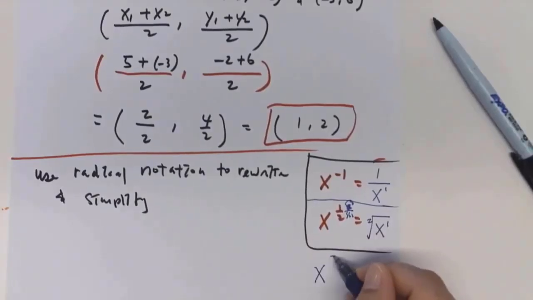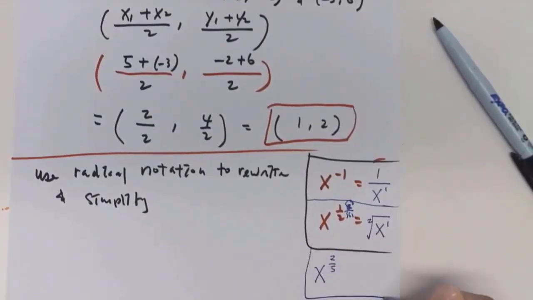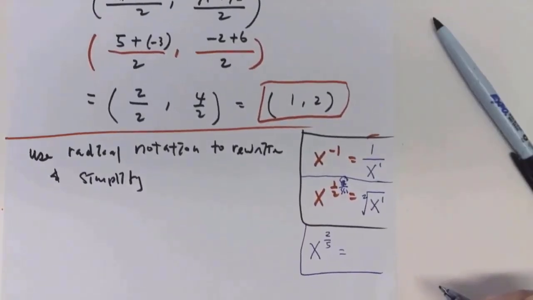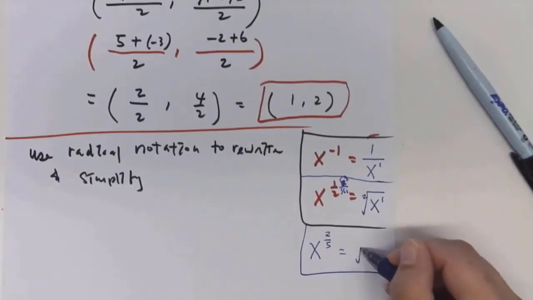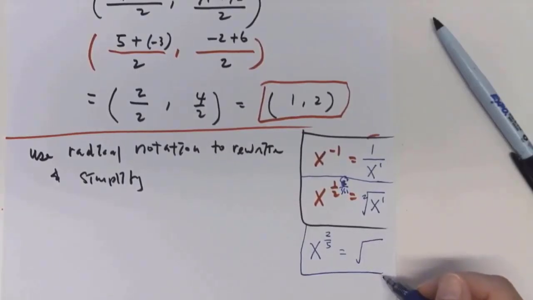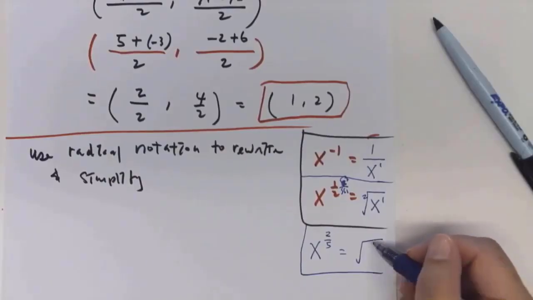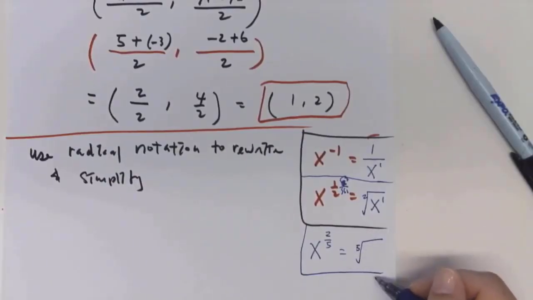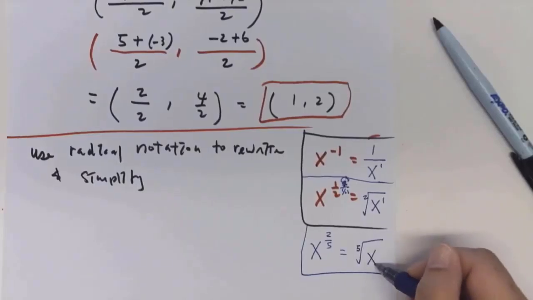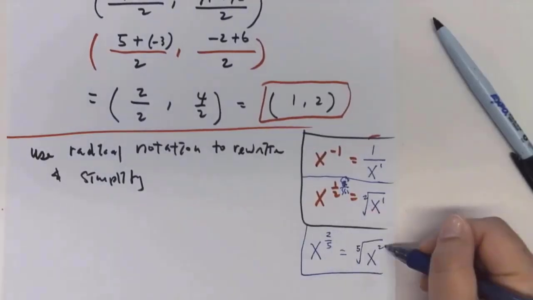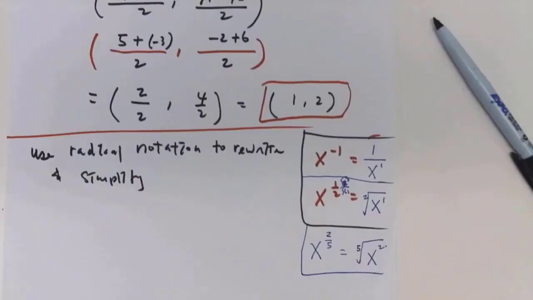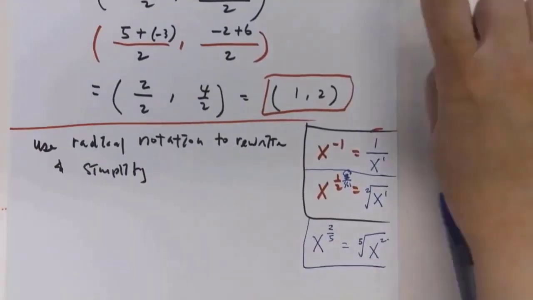Okay, one more. If x is to the 2 over 5, then it will turn into what? The root. Where does the 5 go? On the outside. The root number is 5. And then inside, x to the 2, because this is the power part, right? This is the root part, right? Are we okay? So now they want you to simplify